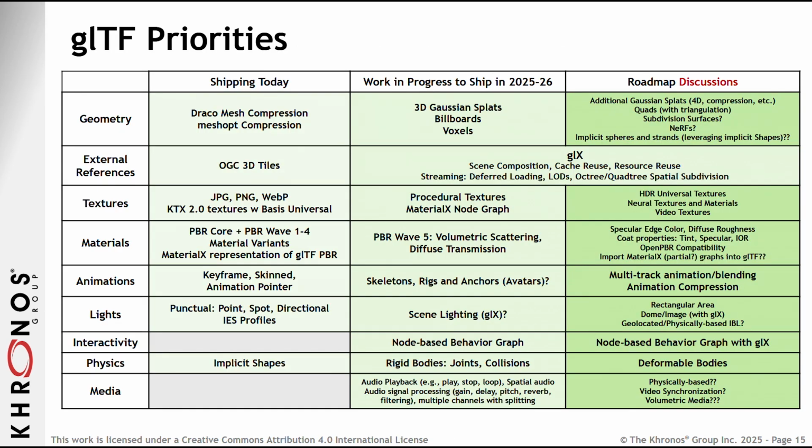I know this is a very detailed slide. We're not going to go through it in detail, but you can look at it when you download, or you can take a picture of it. But this is what the working group is working on. The left-hand column is what's shipping today. The middle column is what we're working on right now, and we're hoping to ship in 2025-26. That includes Gaussian splats that we're going to be talking about in this session, billboards and voxels